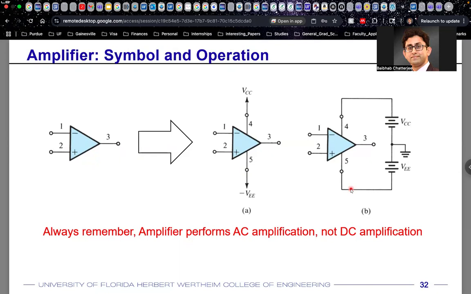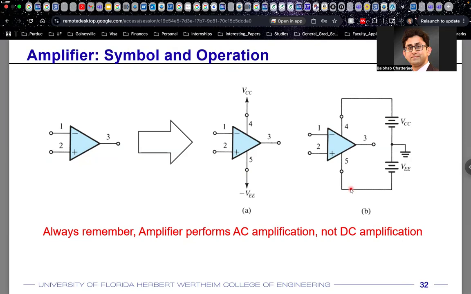Now, what you are seeing right now on the screen is that when you talk about amplifiers, we'll always be talking about AC amplification and not DC amplification. Here, AC or DC does not matter. When you have these passive resistors, capacitors, inductors, the input quantity, this VS, this voltage source, could be an AC voltage source, or it could also be a DC voltage source. It doesn't matter. Because resistances